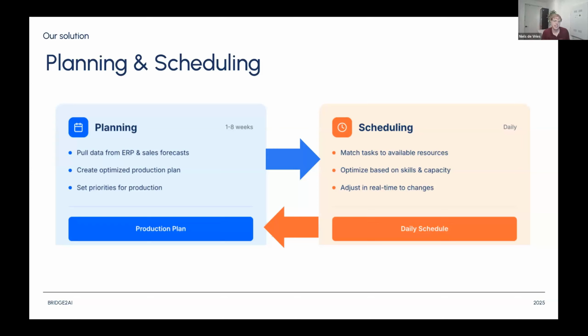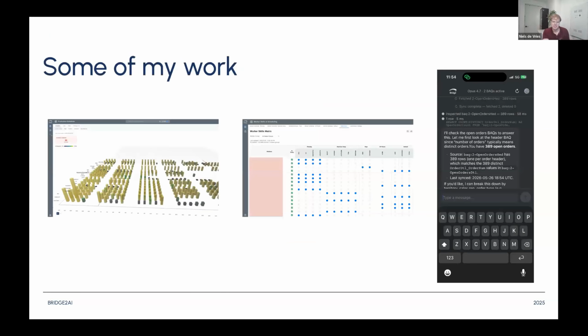And then from the scheduling side, as we've made the plan and the capacity plan, on the day that your people come in, you might be missing your critical welder, you might have to replan, adjust and make real changes, and that feeds the 1 to 8 week plan, etc. So my systems look kind of like the template that I provided for you guys. I have a capacity plan, I've got skills matrices for workers, and this vibe coding stuff can also apply to apps,